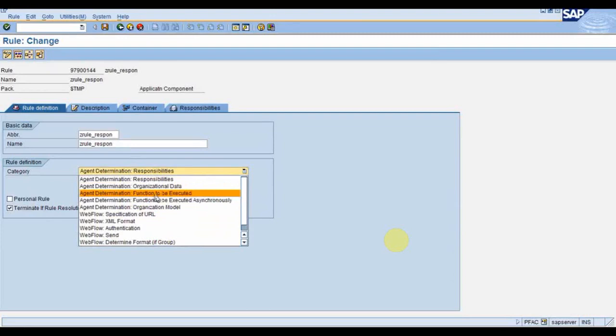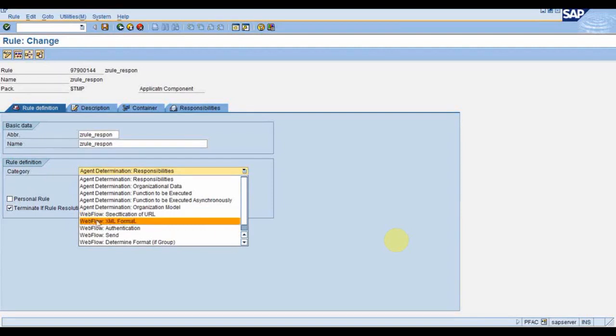Only majorly we use this function to be executed, which I will be discussing now, and these responsibilities. The organization model is used in CRM, if they have defined the full organizational model, or else we don't use it. And this Webflow is not used because, as I told you, we use RFC destination to call the workflow that is present in a different system.